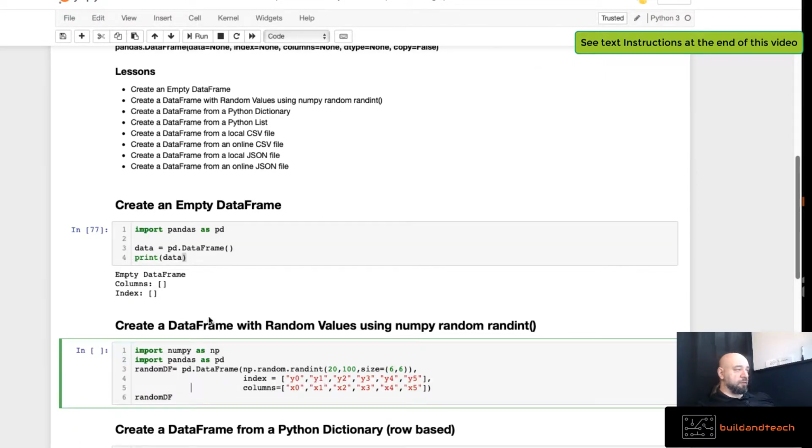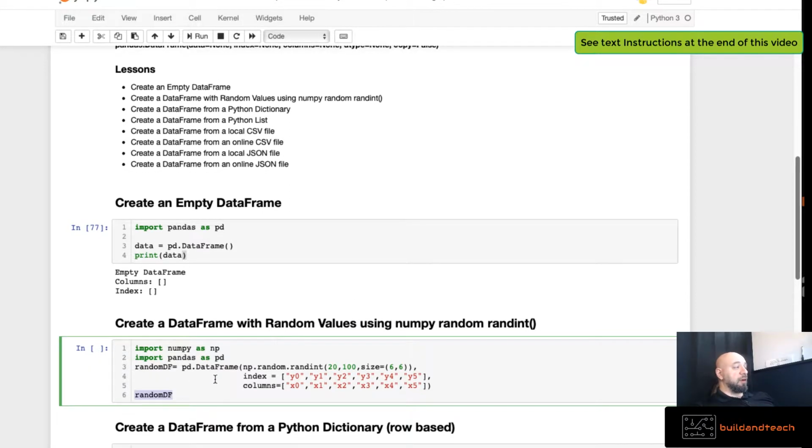Next, let's create a data frame with random values. Sometimes if you don't have any data and you just want to mess around with Pandas data frames, you can create one out of random values. I did that here using the randint method of numpy. So I imported numpy as np, and imported pandas as pd. I have a variable here, random data frame equals pd.DataFrame,